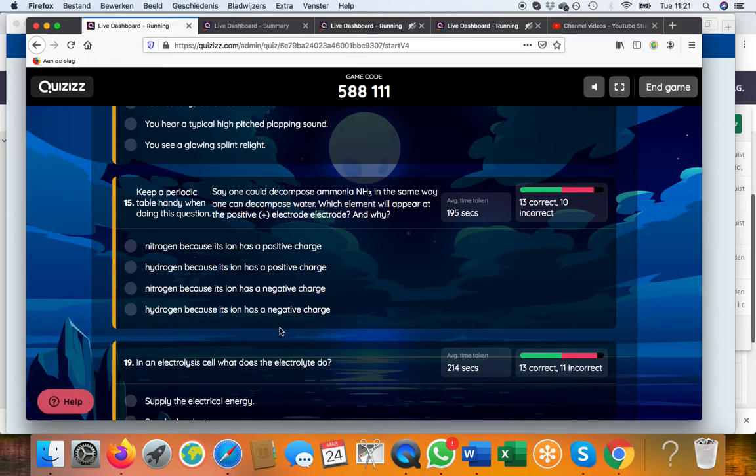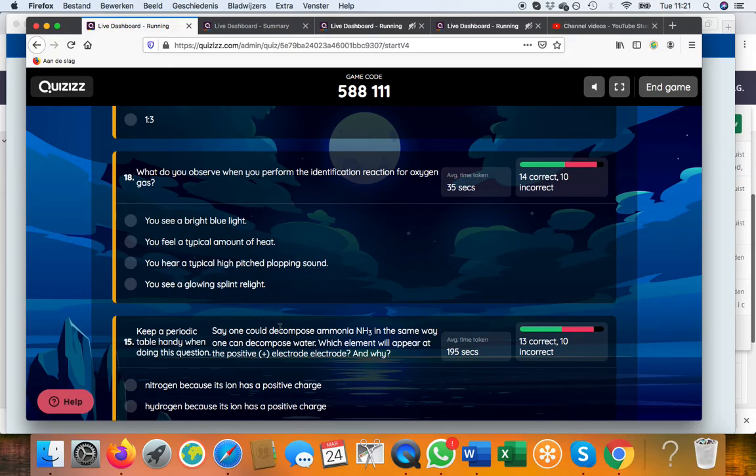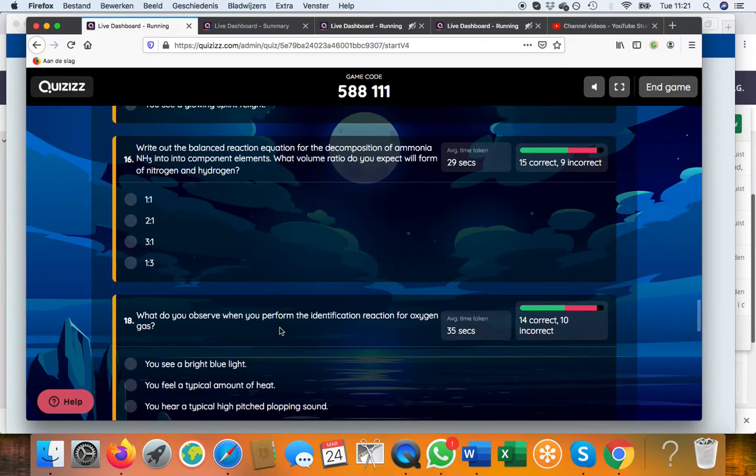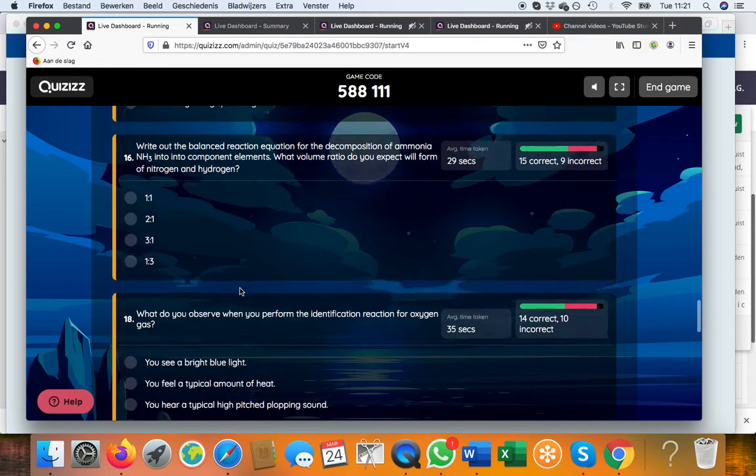and 15 also, and so it was 18. Oh, here, one more. Write out the balanced reaction equation from the decomposition of ammonia, NH3, into its component elements. So those were discussed here